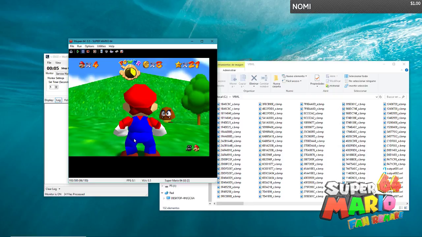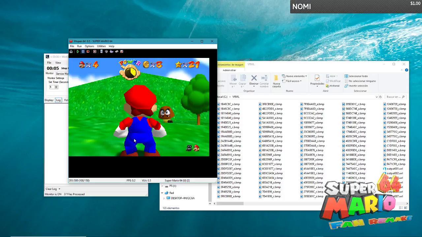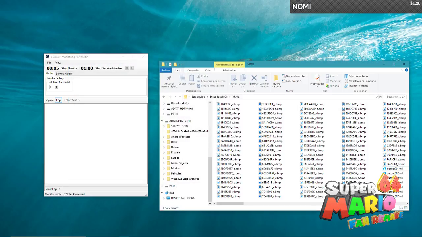Hopefully I got all the animation, the most important part of the animation. Yeah, I think I will stop the sequence here. Yeah, this is fine. So that's it. I will close the emulator and